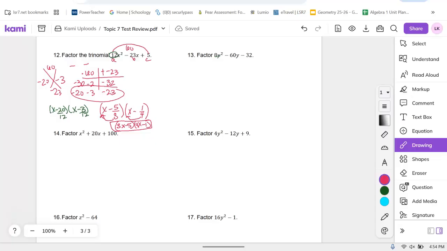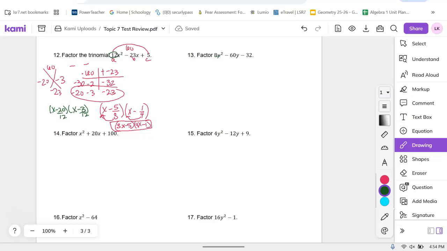You can easily double check that by just multiplying 3x times 4x. That's 12x squared, so that's my A. Negative 5 times negative 1 is positive 5. All right, so let's look at 8y squared minus 60y